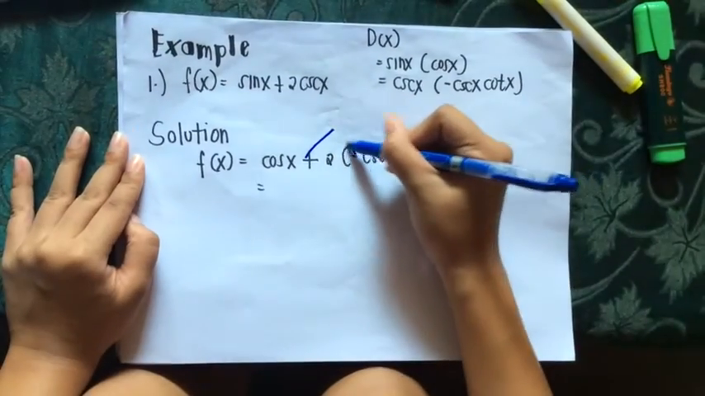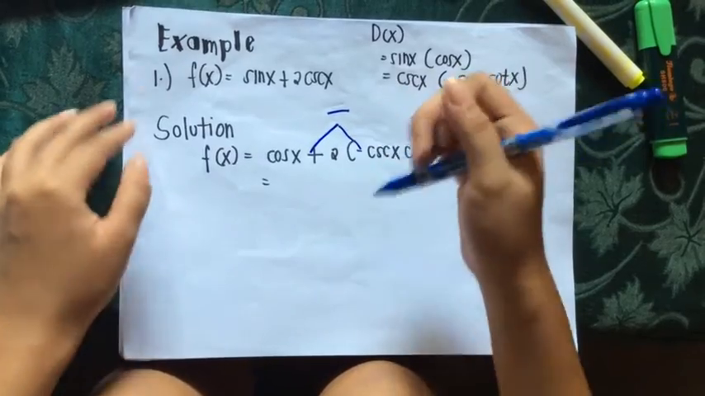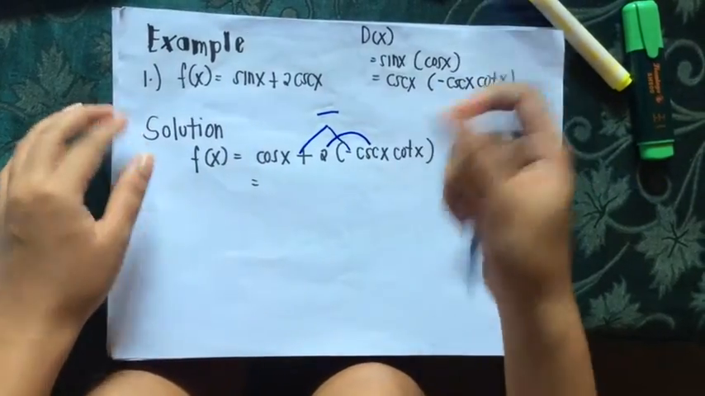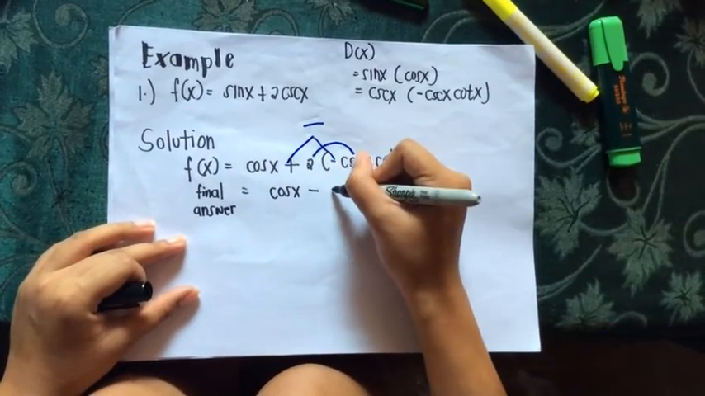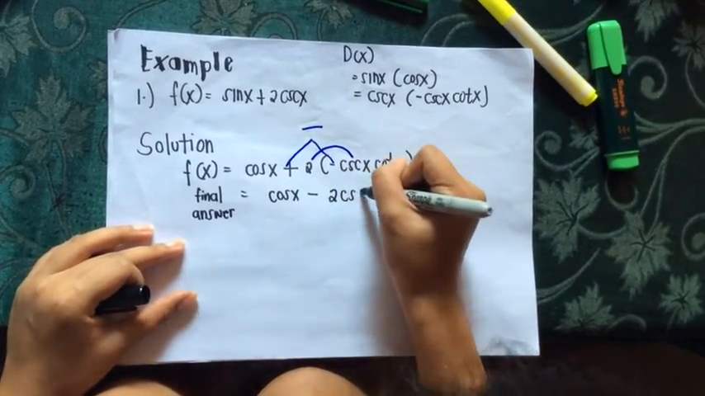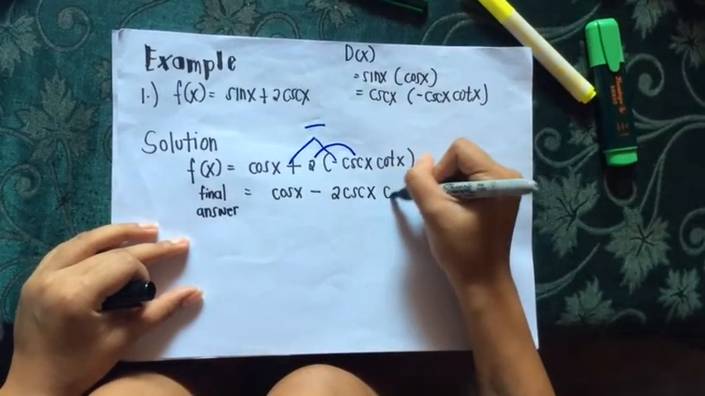Now, for our next step, all we have to do is to distribute the signs. Positive times negative is negative, and then using the distributive property, we will distribute the value of 2 to arrive at the final answer, which is cos x minus 2